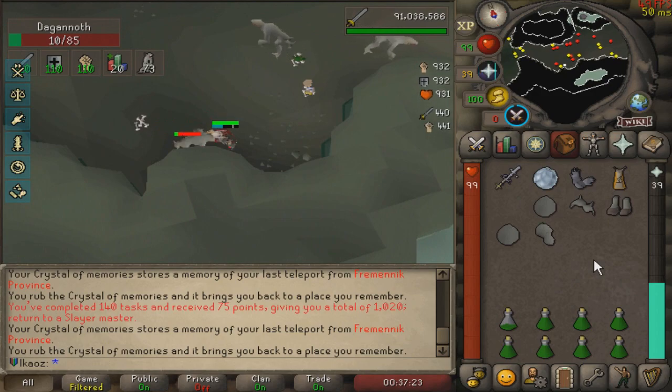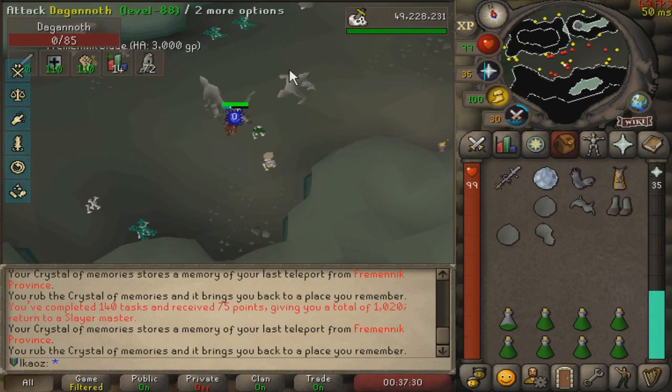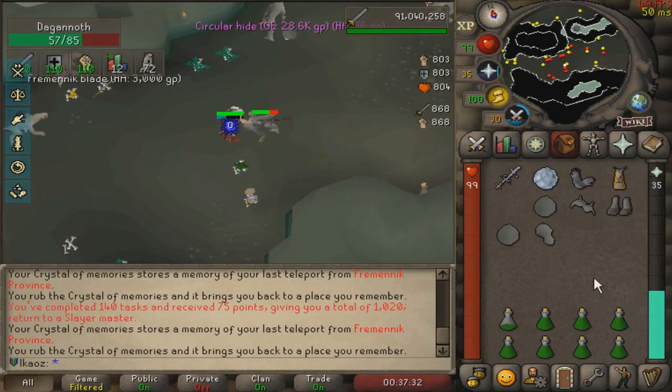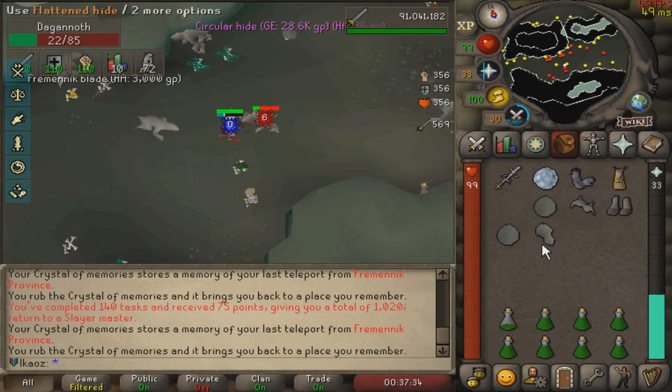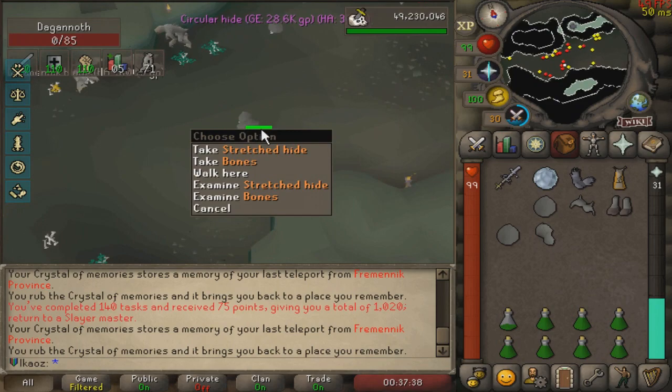So I think it would be better for the next league if, instead of grind heavy tasks like slay 1000 of this boss and slay 750 and whatever, there's even a task for